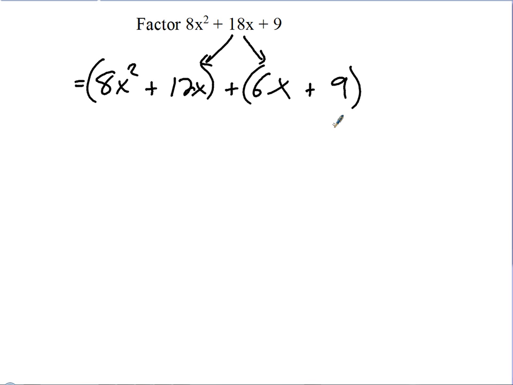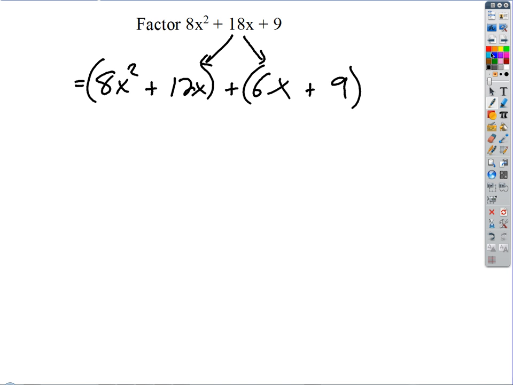Okay, so now here's the process you go through. And I want you to just follow the flow of this. This is not hard to do, really. There's a couple steps at the beginning. You've got to think a little bit, and then you can just stop thinking. You just follow the pattern. So I want to take this first group, and I want to factor out the greatest common factor. 4. Okay, so